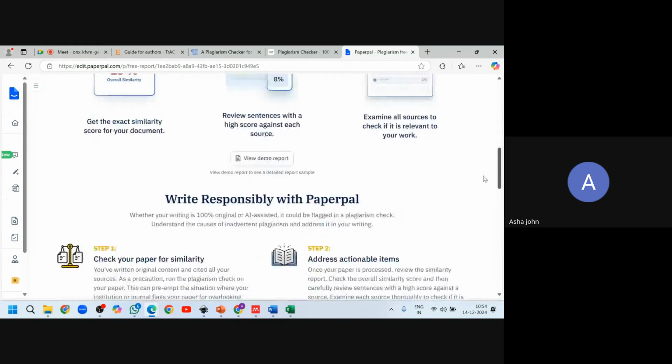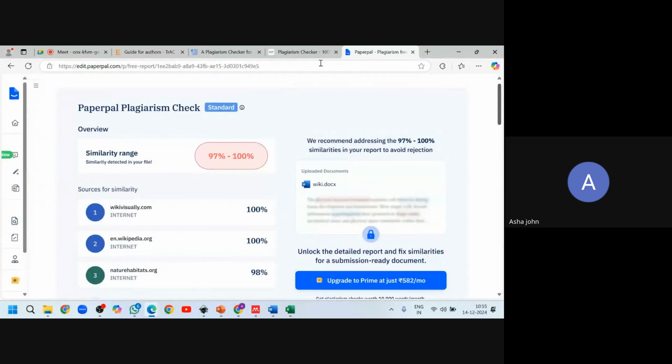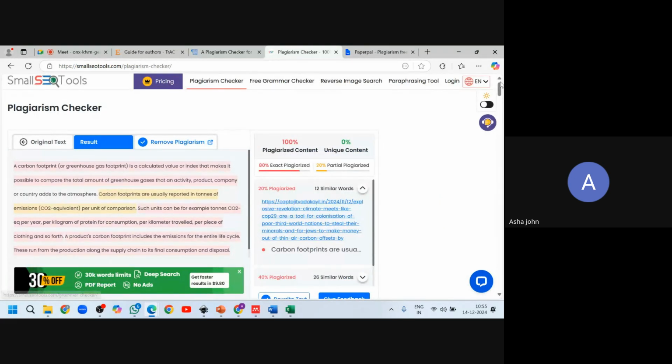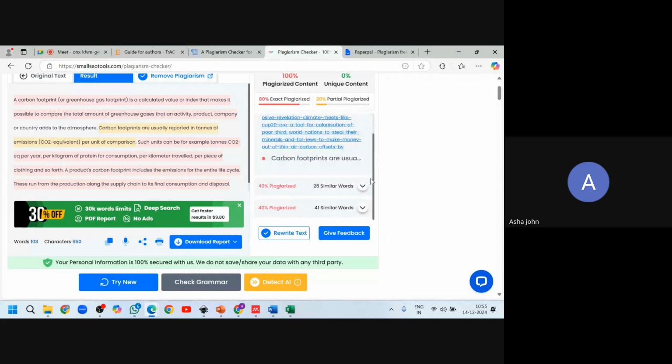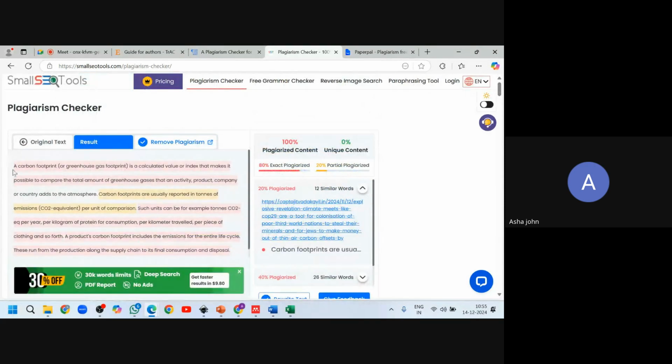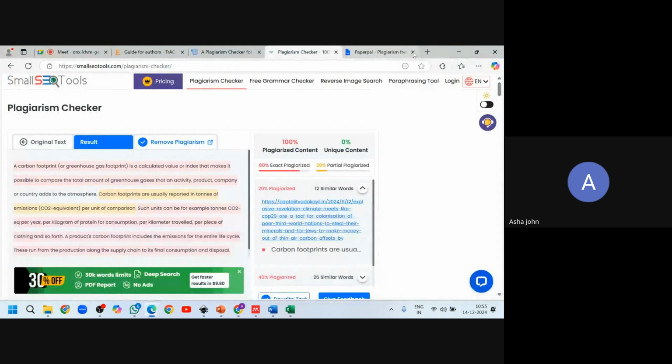So here you'll be able to get it once you are in the premium version, but you can see the content sources of similarity are given here. So once you get that here in the SEO tools, it is marked and it's mentioned what are the different websites from which it is already taken. You can copy this and you can use these softwares which are available here, plagiarism reverse. We have Quillbot, we have Bypass GPT, we have Gravity Write. All these can be used to remove the plagiarism. Now let's check Bypass GPT and see what happens there.